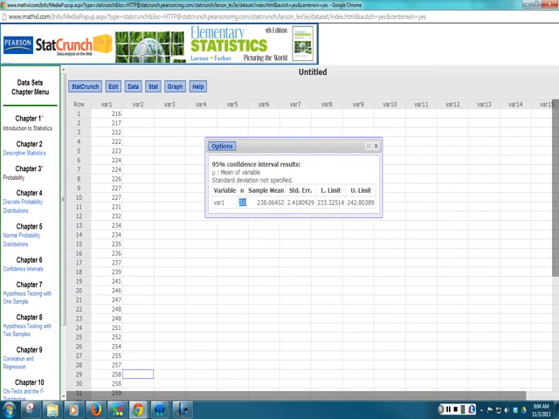We know that n is 31, which is right here. We find that the sample mean is 238.06452. This is our standard error right here, 2.41. And then we're looking at the lower limit for our confidence interval, and we're going to have that as 233.3 when we round. And then our upper